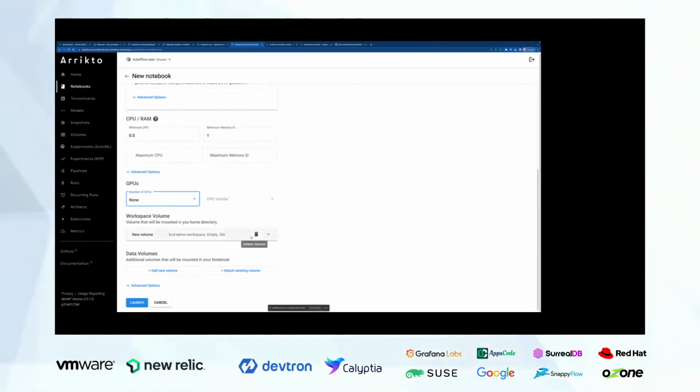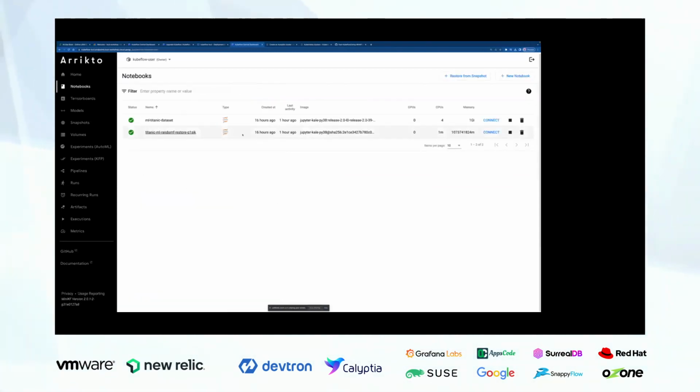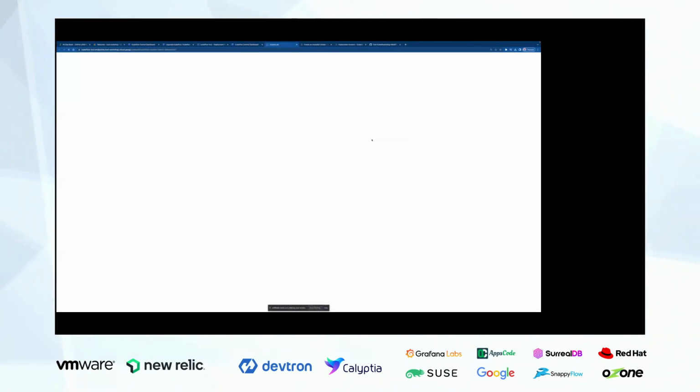Volume, let's assume that there's a specific data volume that stores all your data, so you can directly link them here and then click on launch. Upon that, this will create this cluster with the config that you have given there, and this will create this Jupyter container notebook for you to start using.